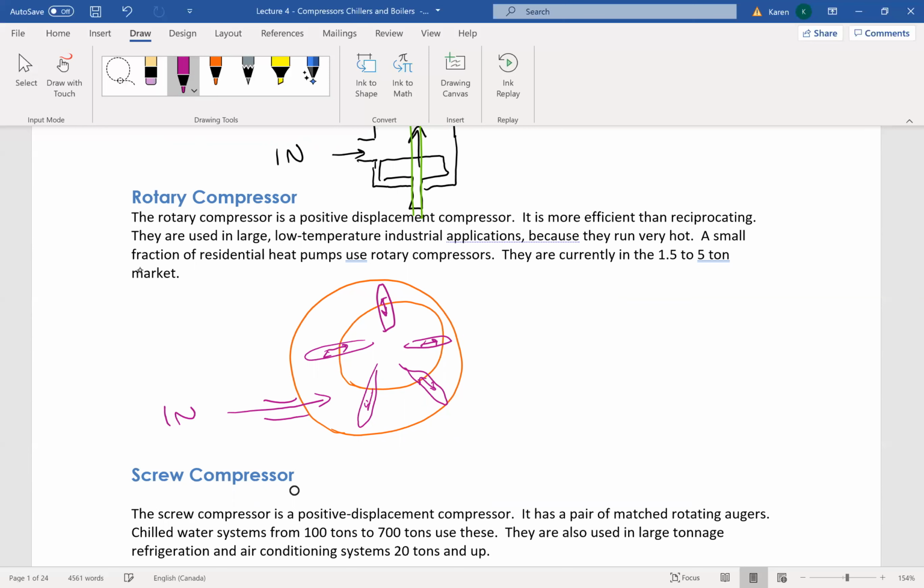So there's an inlet here, and then the outlet would be where this offset cam is basically squeezing a small